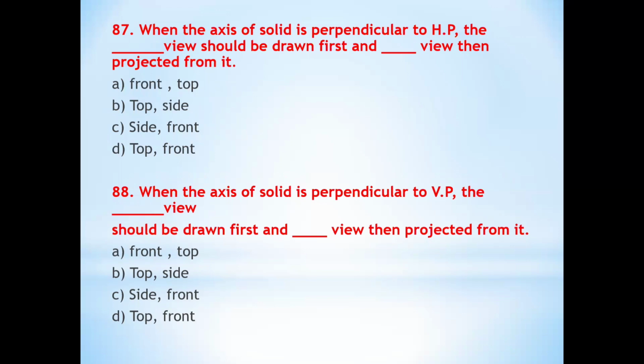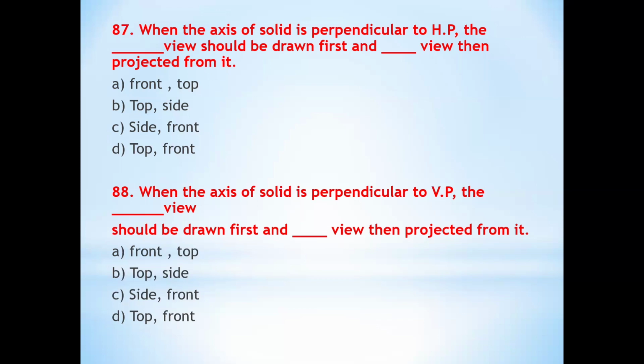So we have to remember that whatever the axis is, if it is perpendicular to the HP, then at that time, suppose I consider the example of the cylinder again. Suppose the cylinder axis is perpendicular to the HP, that means in the top view we will get a circle,